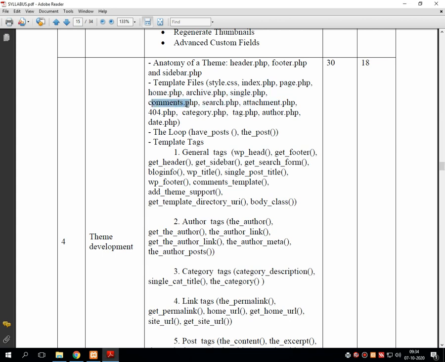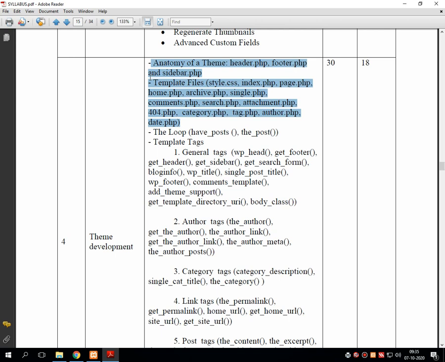Then we go for some other files also like comments.php, search, attachment, 404, category, tag, author, and date PHP. These are the topics that we will cover for standard themes, which is downloaded by WordPress itself from its store. I will tell you in detail how we can go ahead with this particular section.